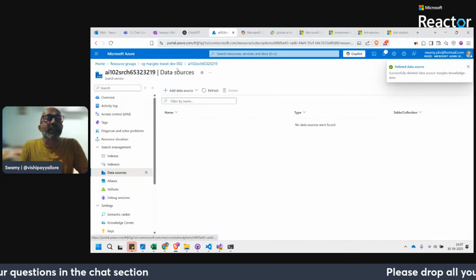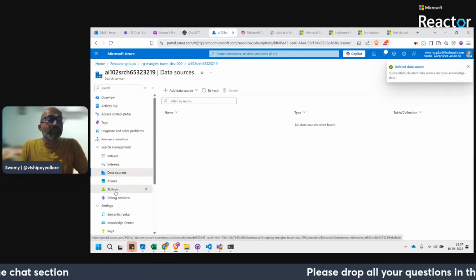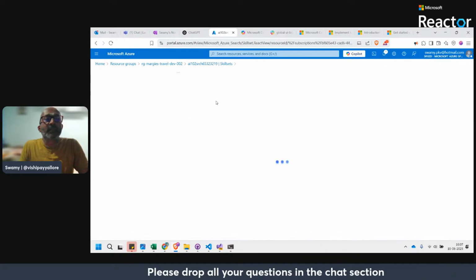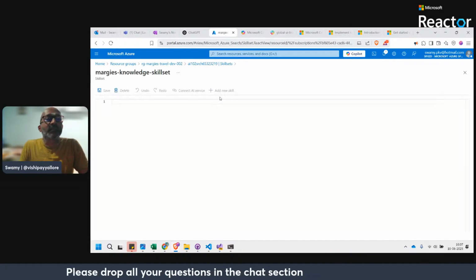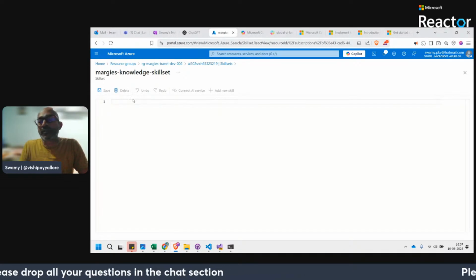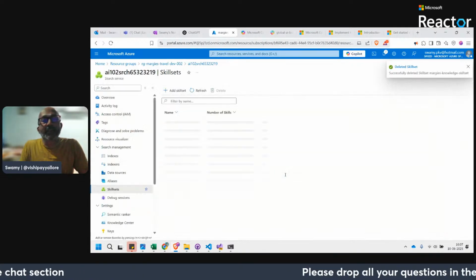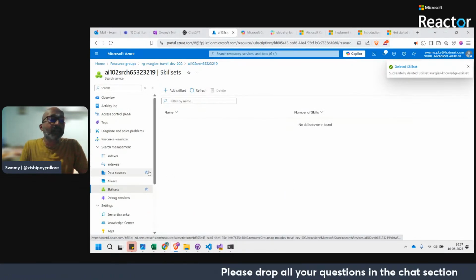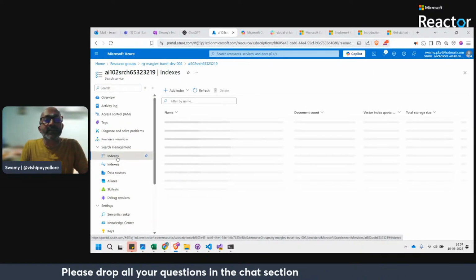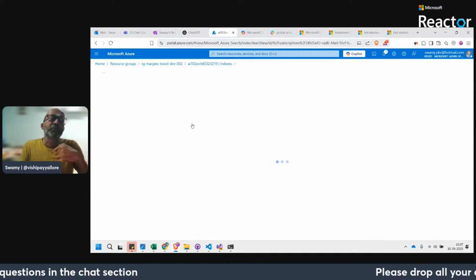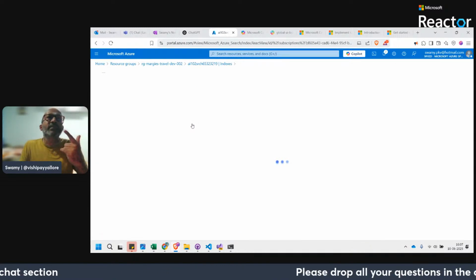So deleted the data source. Now let me come to the skill set, and come on. Okay, delete the skill set. That's cool. Let's go to the index. Should I delete the indexer or index?